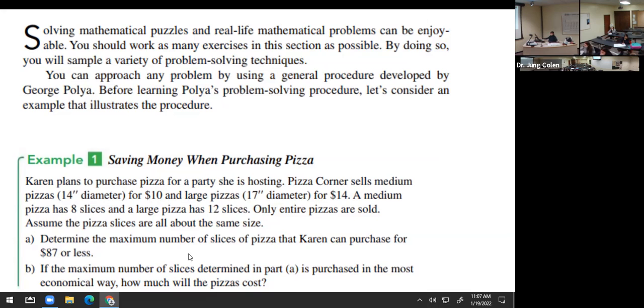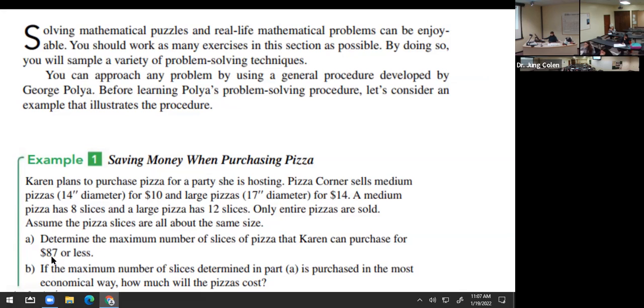You need to find the maximum number of slices of pizza for $87 or less, right? So we are considering the number of slices. It doesn't matter with the sizes, right? Medium, large, it doesn't matter. We are concerned about the maximum number of slices, and the price has to be $87 or less,